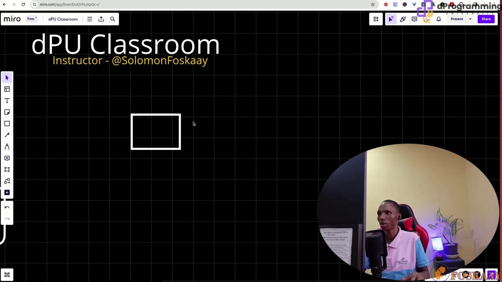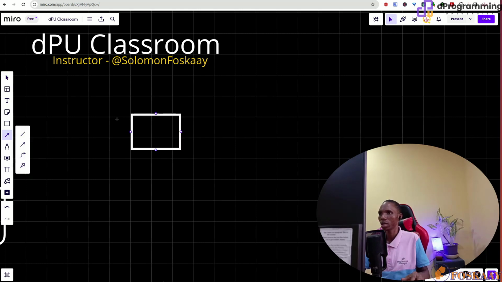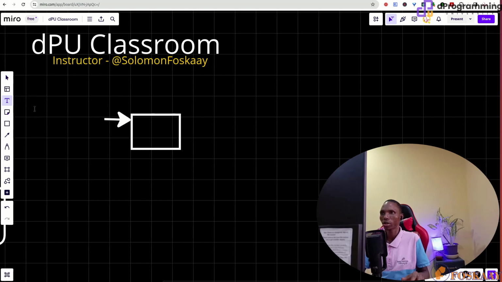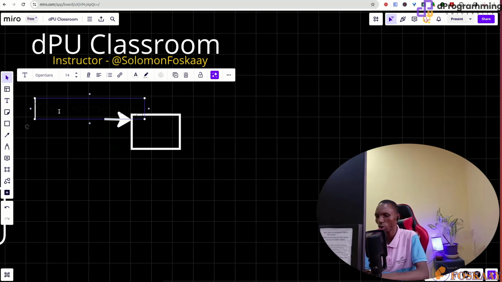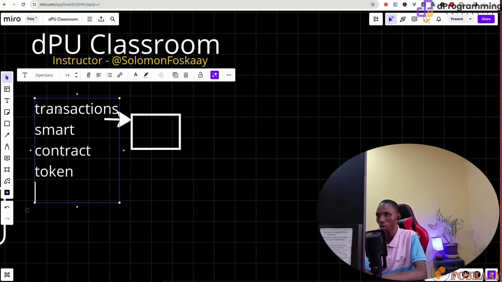Inside this block, you have different things, which could be what we know as transactions, which could be from smart contracts, tokens, like non-fungible tokens, NFTs, maybe DeFi projects, whatever.